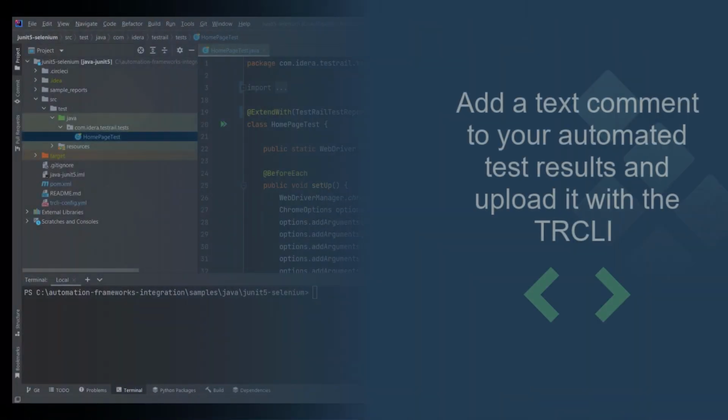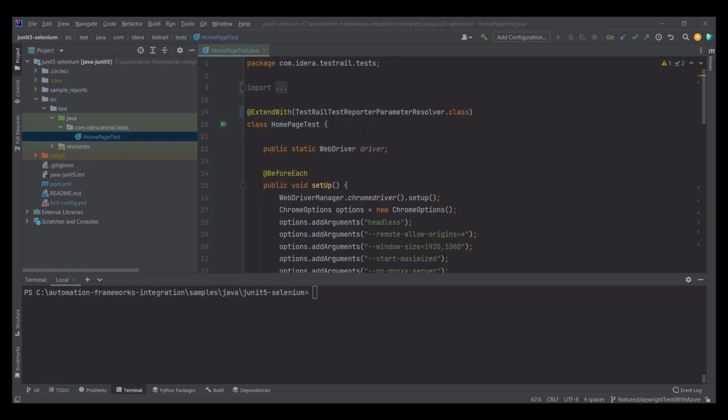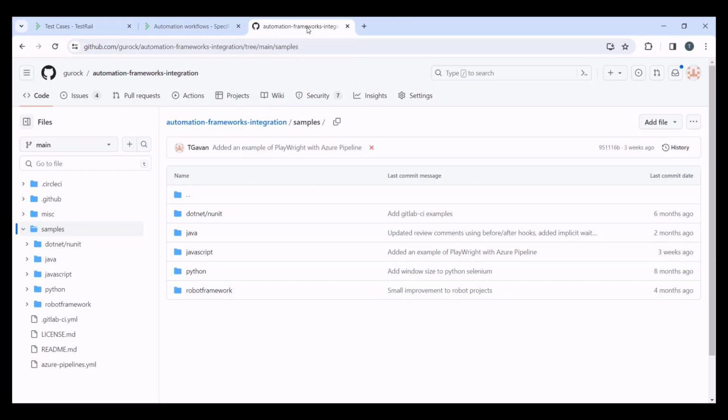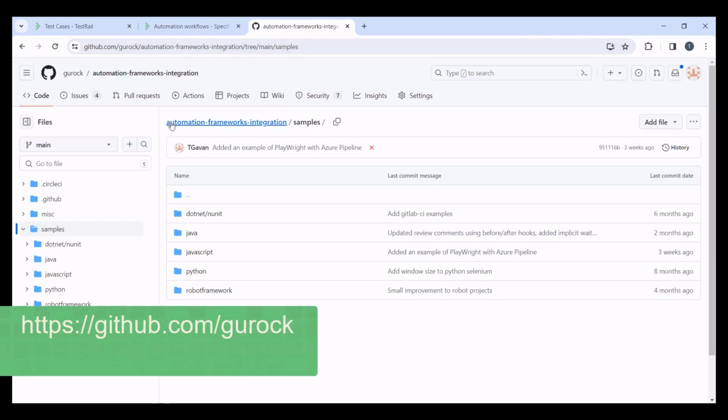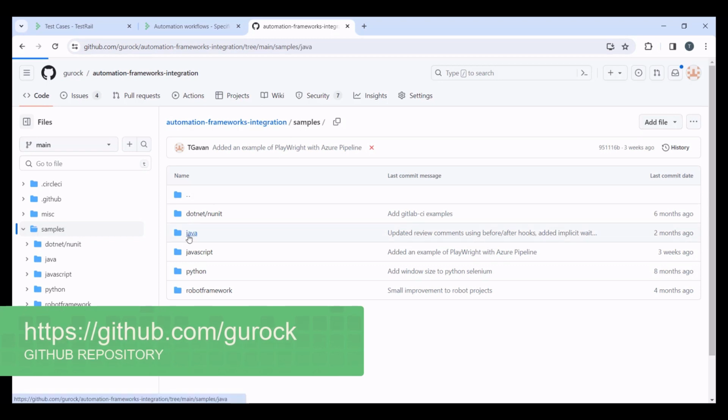In this video, you're going to learn to add a text comment as part of your automated test results and upload it using the TestRail CLI. The TRCLI is a command line interface tool that allows you to effortlessly upload test automation results from any JUnit XML file to TestRail. As an example, I'm going to use a JUnit in Selenium project, which is available in